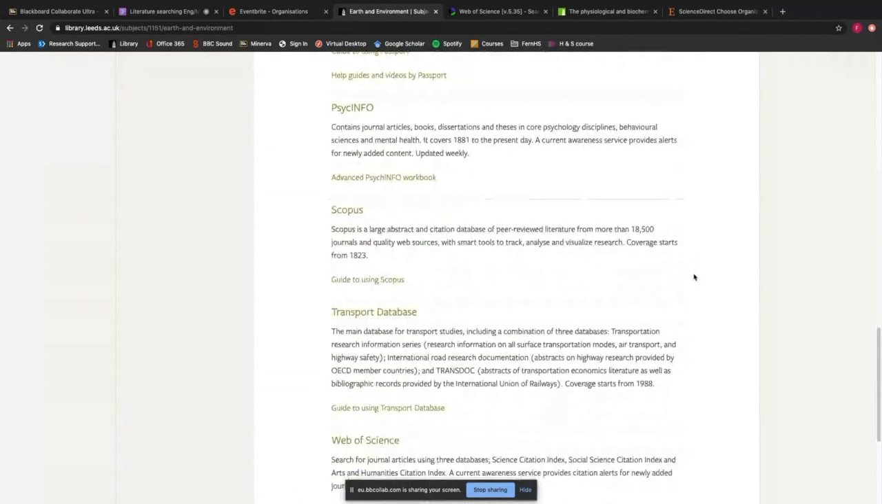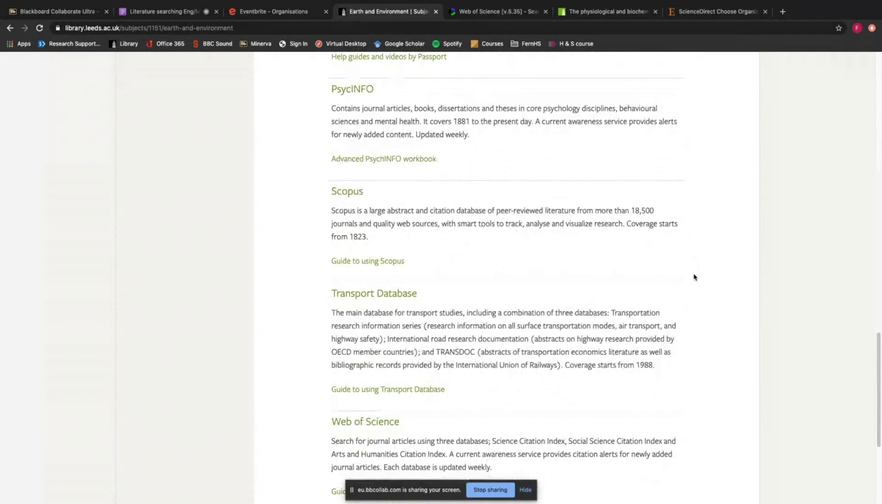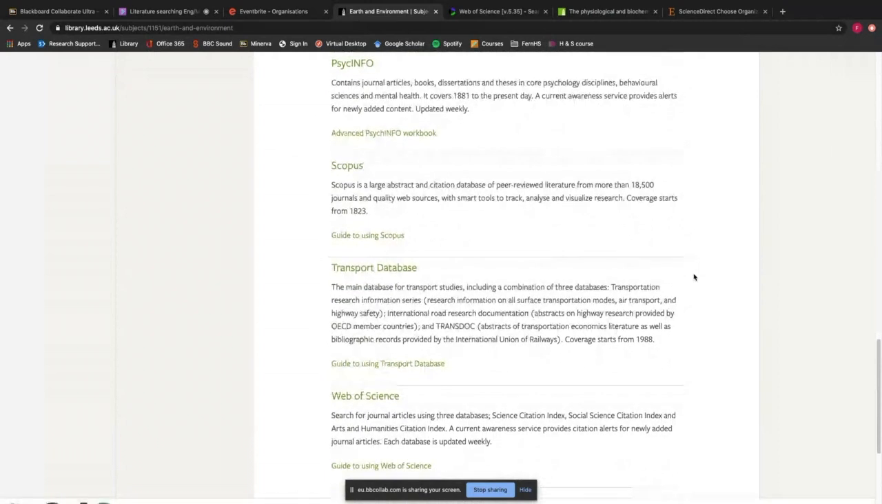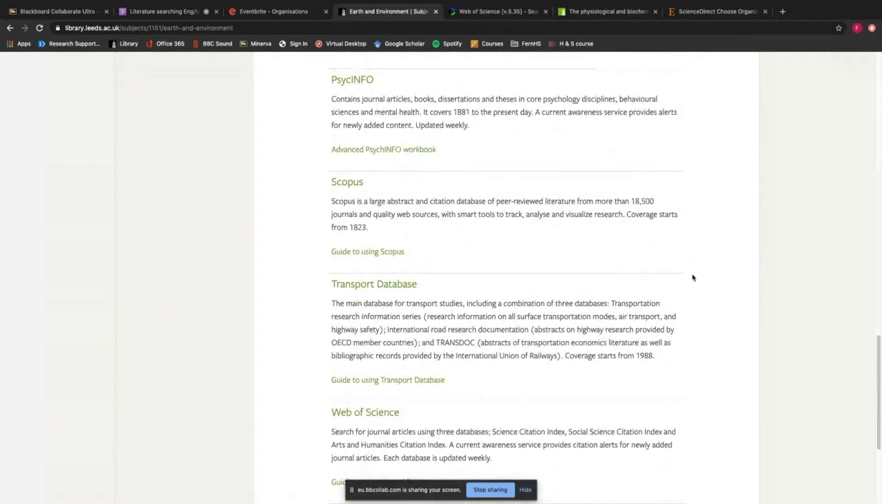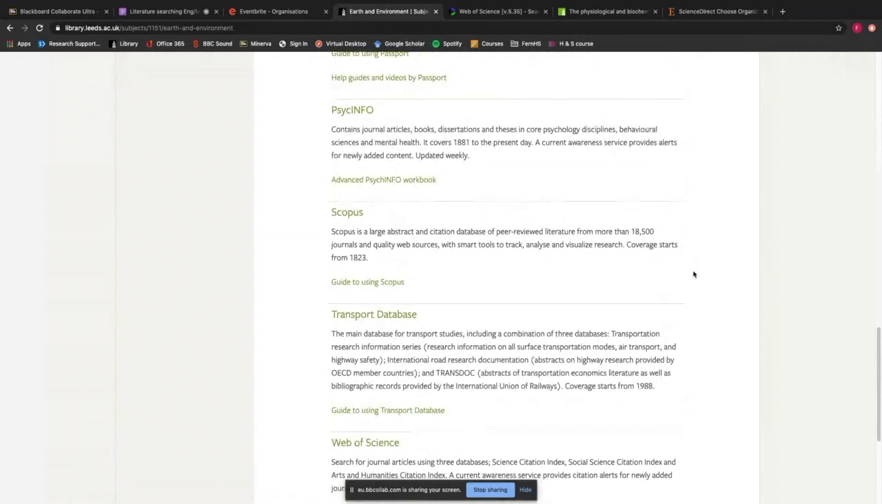You won't be searching all of these. You might just want to pick the key ones that you think are the most relevant and go away and search them. And it's really important to remember that if your research question